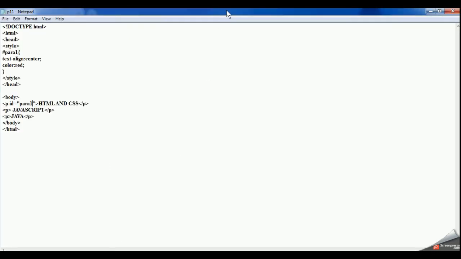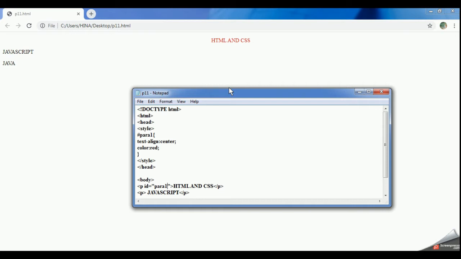Now see, in the previous program, what I said was that if I select an element, suppose I have selected paragraph, then all the HTML and CSS, JavaScript and Java, all three paragraphs were affected by this style.